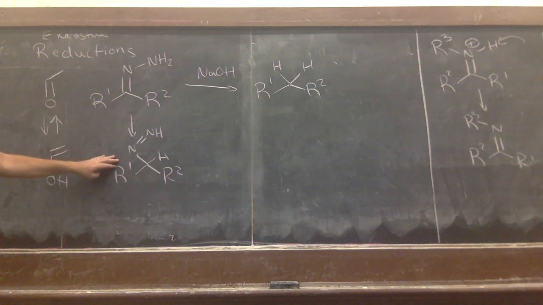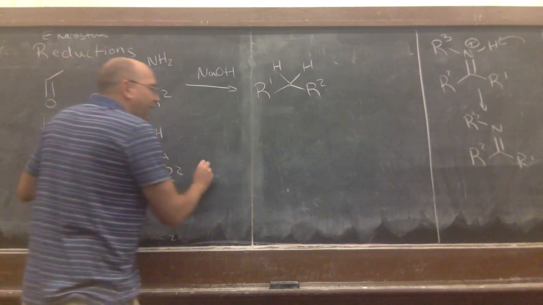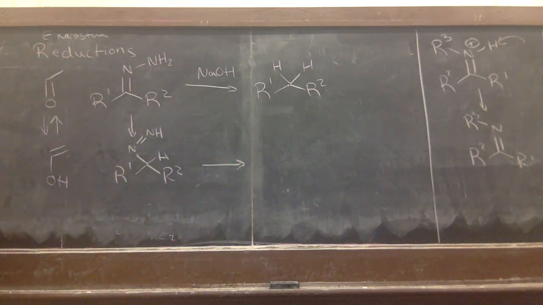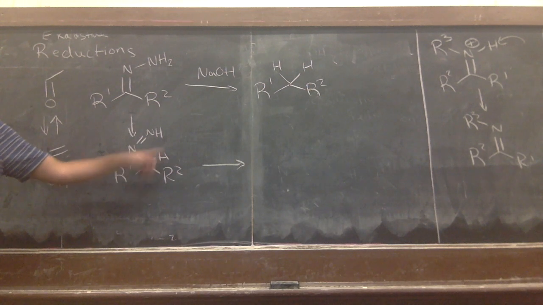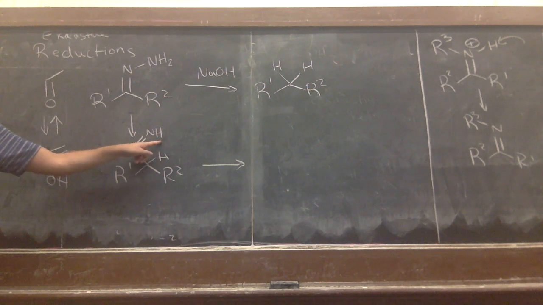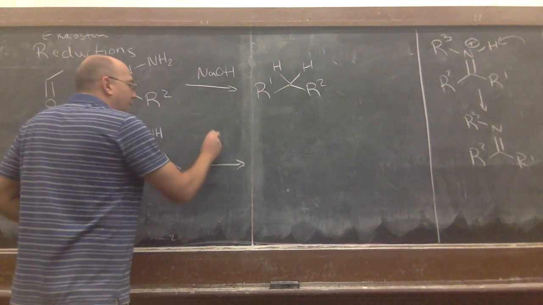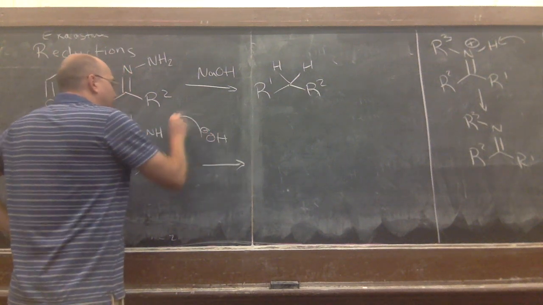And once you're at this tautomer, then the mechanism becomes a bit easier, right? Because now we recognize our reagent is sodium hydroxide. We got to find the acidic proton that the sodium hydroxide can react with, and there's really only one. We just put this here, so we probably don't want to go in reverse. Where's the one proton that the sodium hydroxide can react with? It's up here, right? And so if the hydroxide reacts,